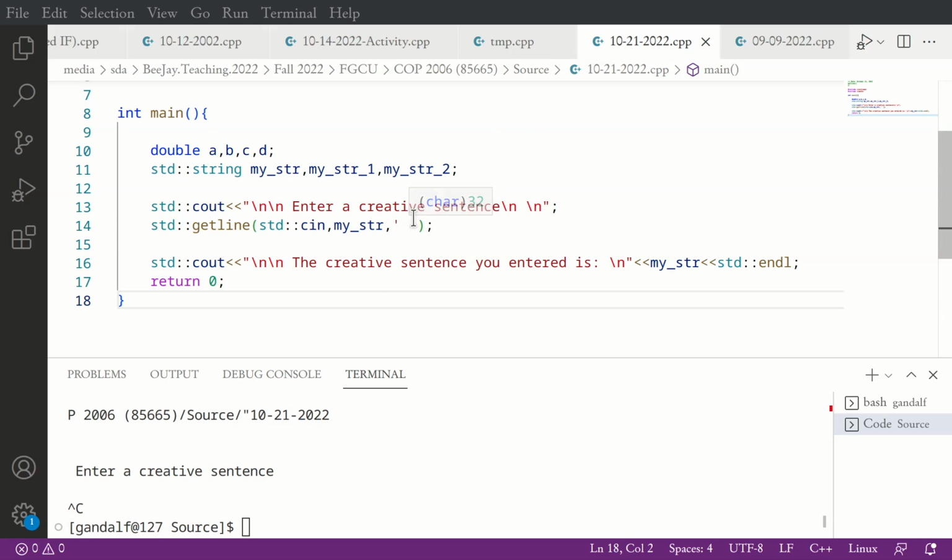So I changed the double quotes to single quotes, and I inserted a blank space.